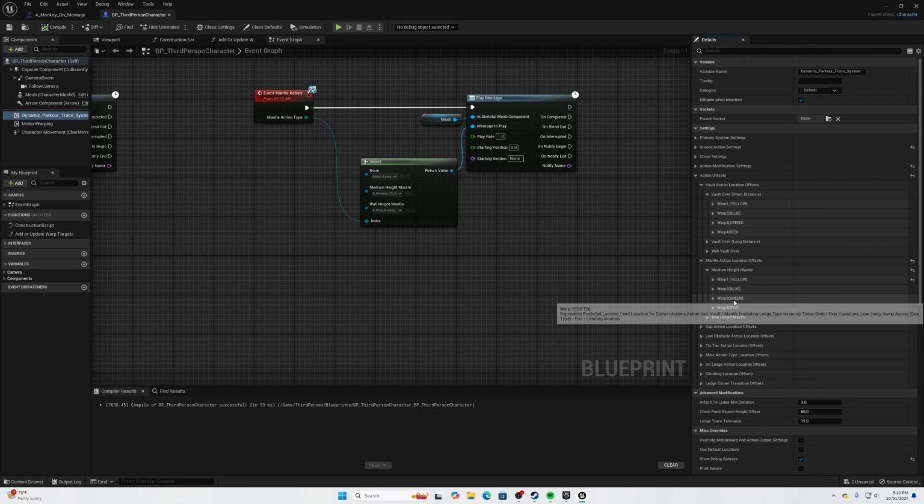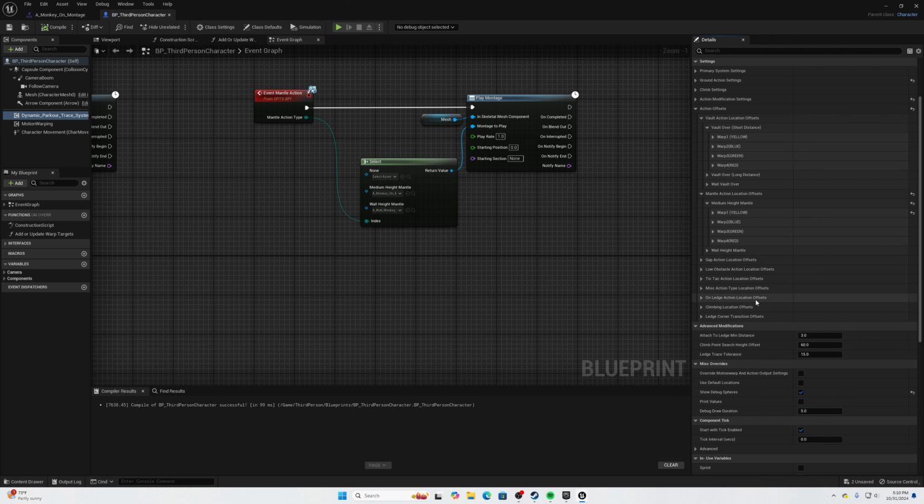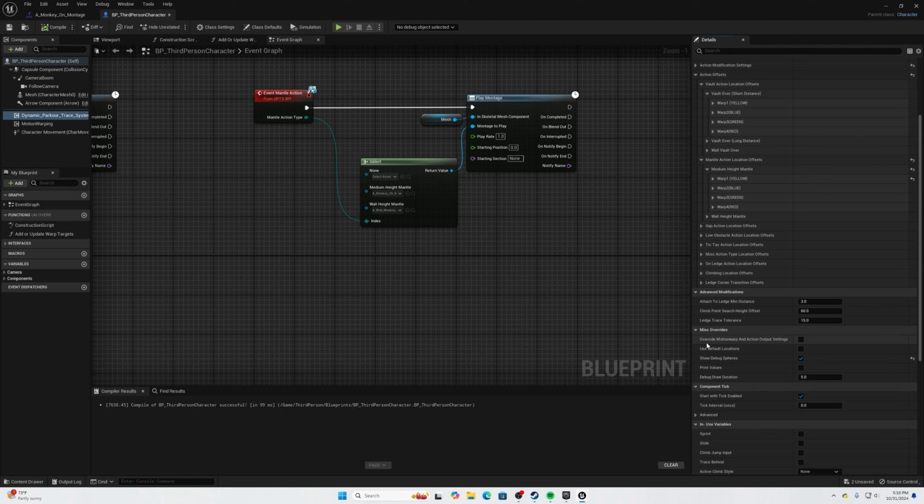If you're curious about what the default locations are, let's go under the miscellaneous overrides here. We're going to override motion warp and action output settings, because this is basically going to stop all montage execution. This way you can debug and see how things are operating. Now we're also going to make sure to check the use default locations. So if we compile and save, click play,